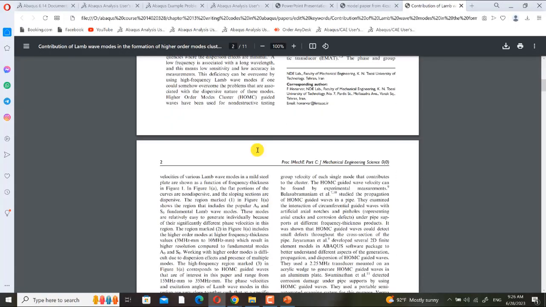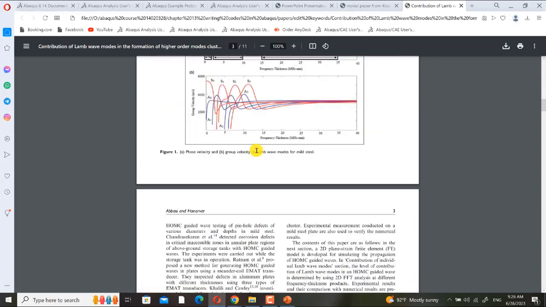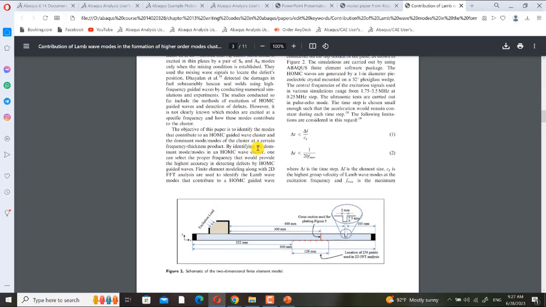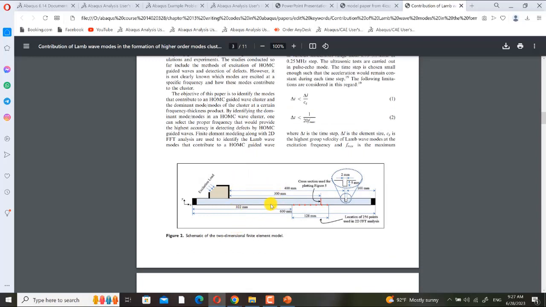In these two papers, they have used infinite elements. Here we have a bar for a non-destructive testing simulation, and here we apply excitation load, and then it is propagated in the bar to find this crack, this defect. Okay, and if you see, we have two black regions. They are infinite elements to absorb other waves.